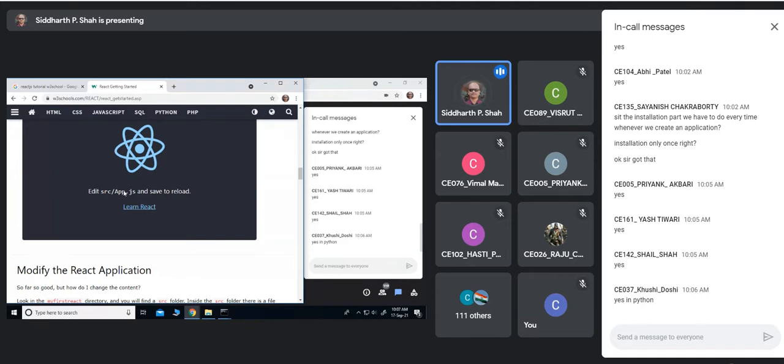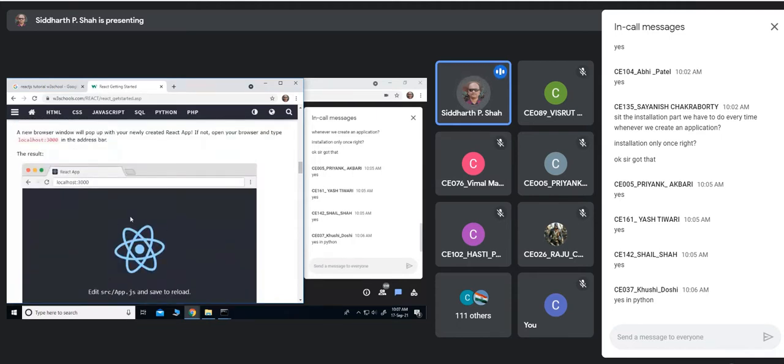Now here, whenever you use the React library, there are two important files: one is index.html and another is index.js. By default, it is the index.html file which is shown on your browser. But this index.html internally uses the script which is written in index.js.